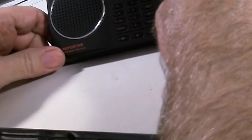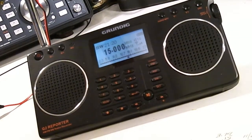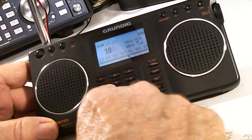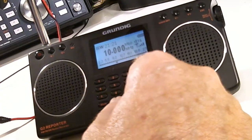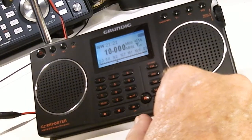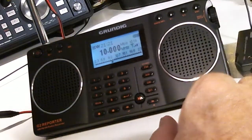Volume back up. See, I must have hit the camera. And there's nothing at 15 megahertz. Try 10. Nothing on 10 megahertz. Alright, whoops, we'll go one step more. So I straighten everything up so that I messed up. And we'll put in the